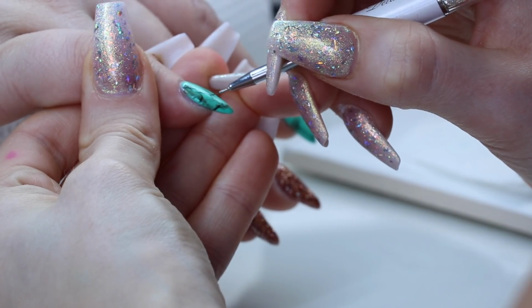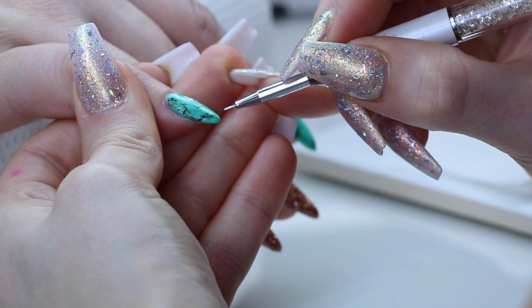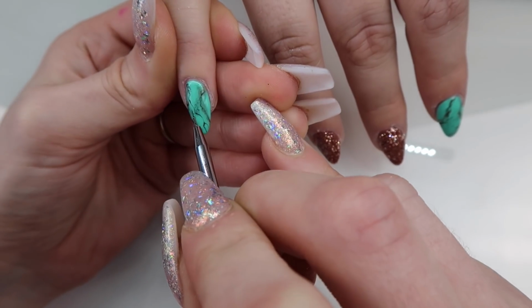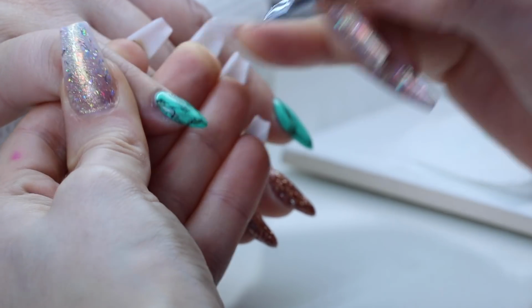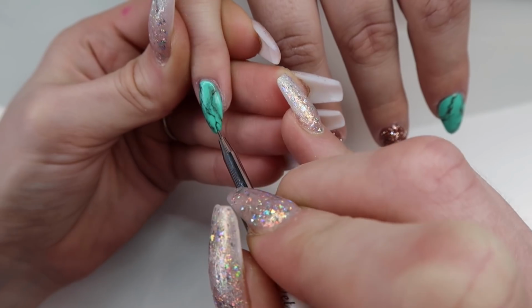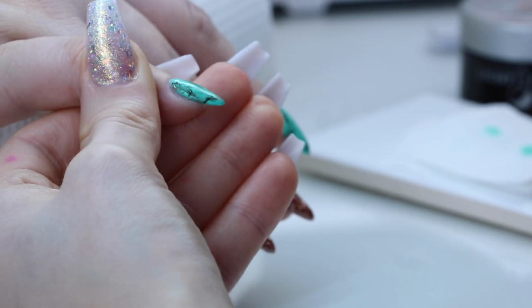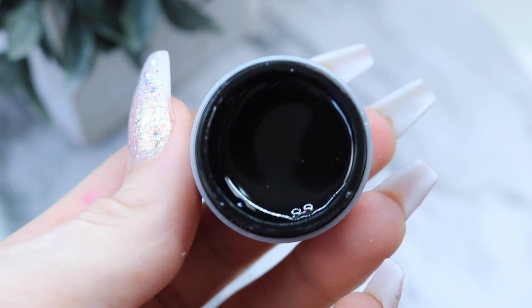Make sure to flash cure whenever you're happy with part of your design so that if you do make a mistake, you can wipe off the mistake and not completely destroy all the progress you made and ruin everything. So I flash cure often, and then I continue to do lines and blur out those lines and so on. Once I'm happy with that, I gave that a cure, and now I'm moving on to build up these nails